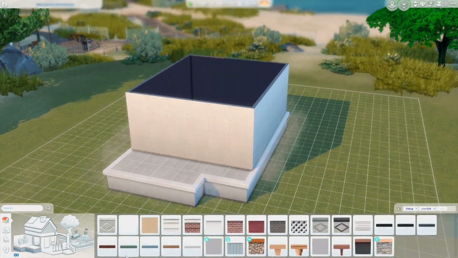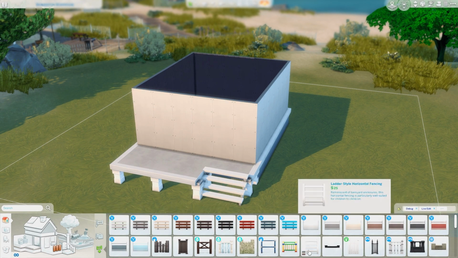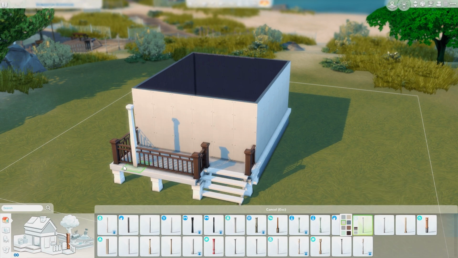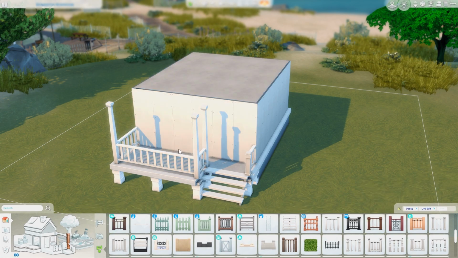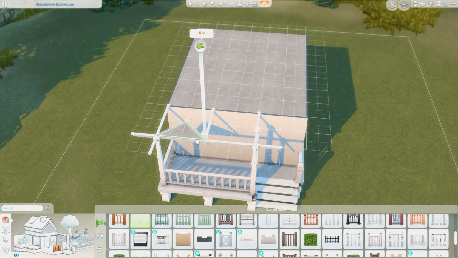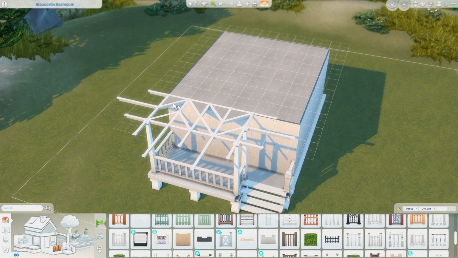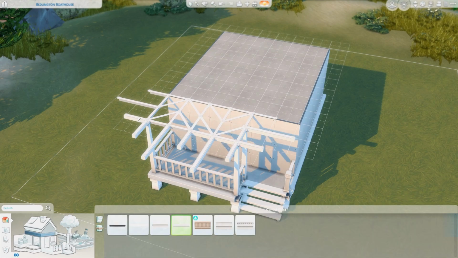My name is caitom and today I am building a tiny little cottage for a retired fisherman. So the inspiration for this build came about through a picture I saw on Pinterest, I believe, or Google Images, one of the two, seeing as they are my main sources for inspiration for literally all of my Sims